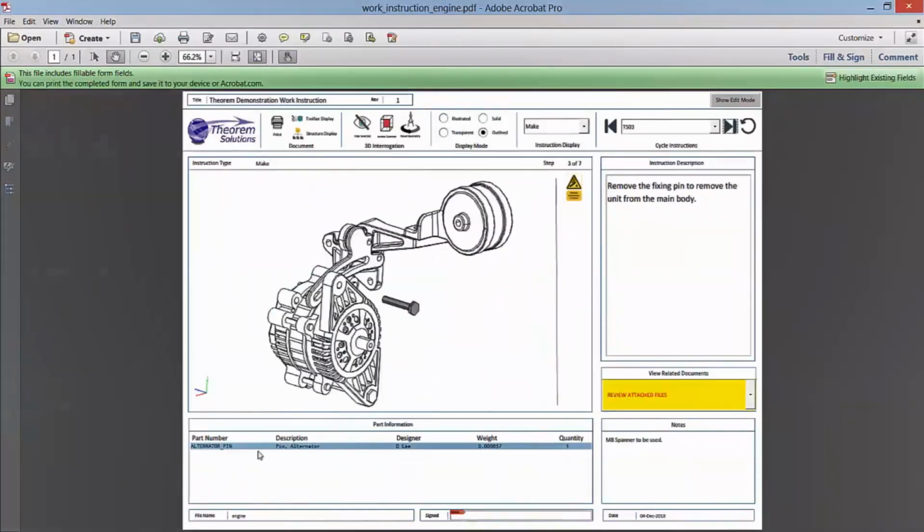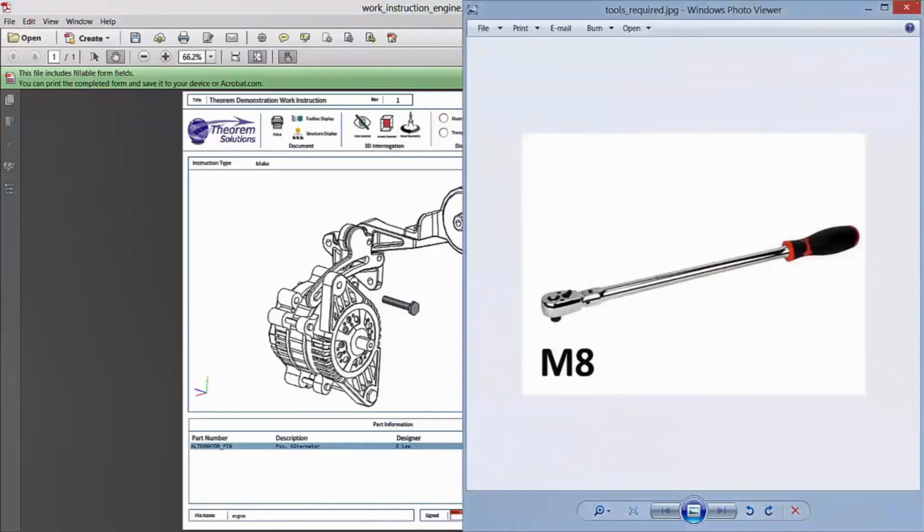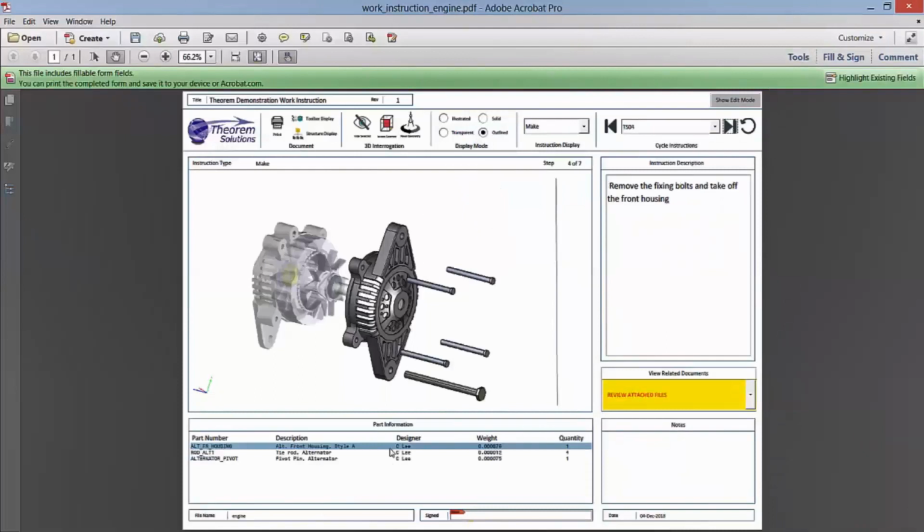And as we flick through to number 3, you can see this. So now we're interested in this specific bolt. And the notes are, please click here to see what spanner is required. So we click that and it tells us the spanner is required to remove this pin. So if we keep clicking through, you'll see that it'll give us more information about how to take off the housing,